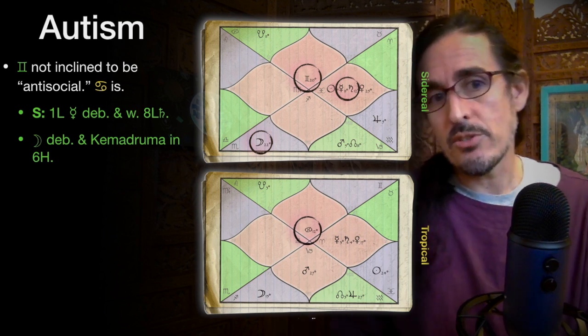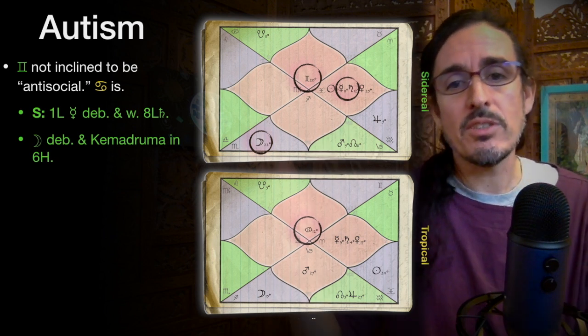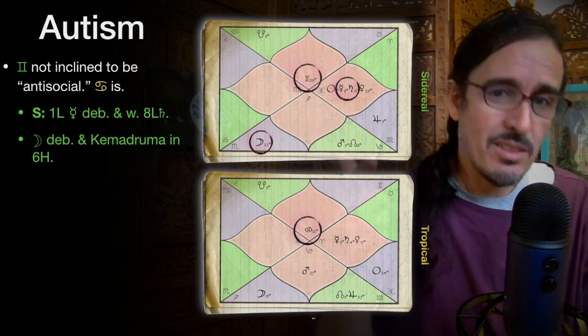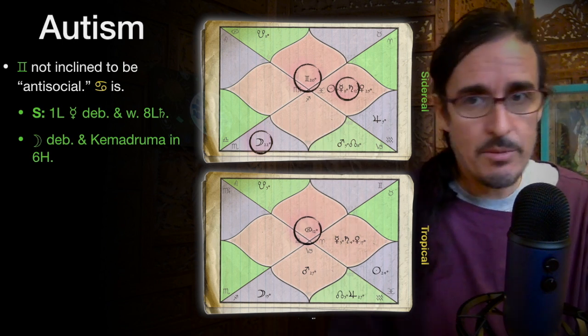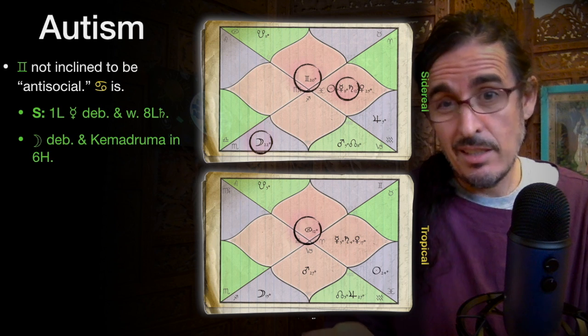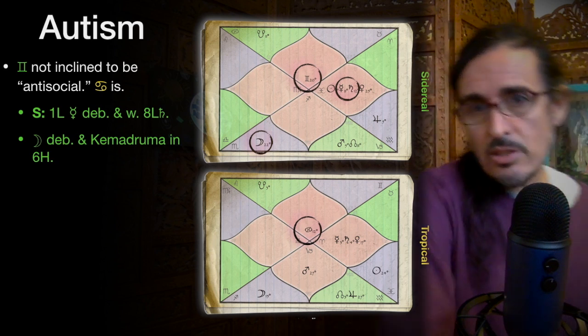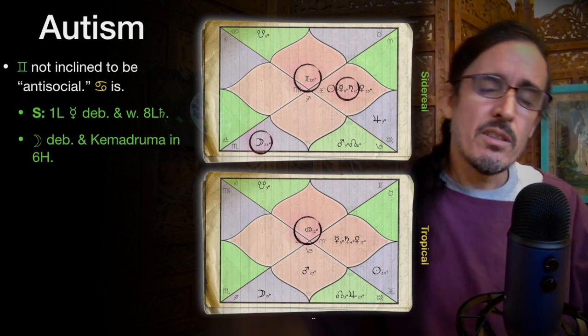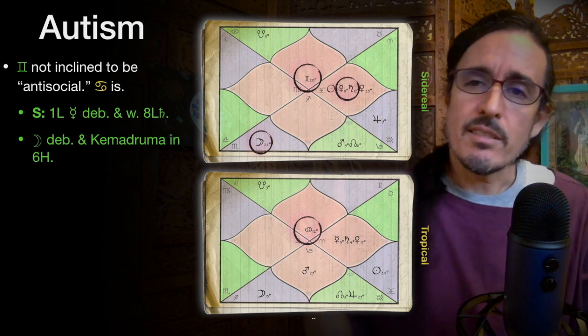So that explains his autism. He's got a debilitated first lord Mercury, a debilitated moon. That moon is in the sixth house, and it's in Kama Yoga. So you really couldn't get much worse. So this is a good interpretation. However, Einstein's particular type of autism